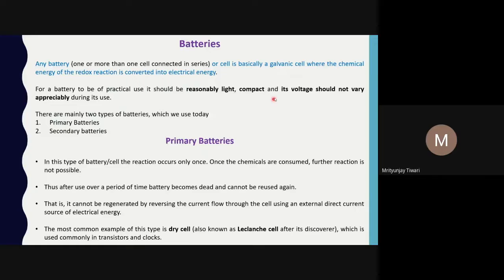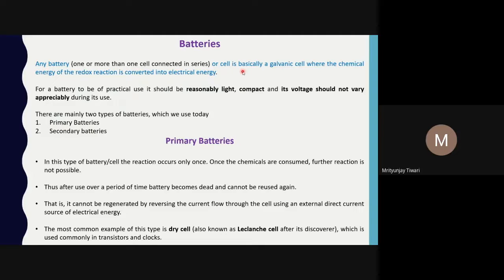Now let us look into batteries. Although they are mostly informative, with most of the information given there, very few things need to be understood, which I'll try to explain. If you remember your physics class, a battery is defined as a collection of different cells in series. That means if two or more cells are connected in series, that assembly is called a battery. In chemistry we also call a single cell a battery, so we don't make much difference between them, and they are sometimes used synonymously.